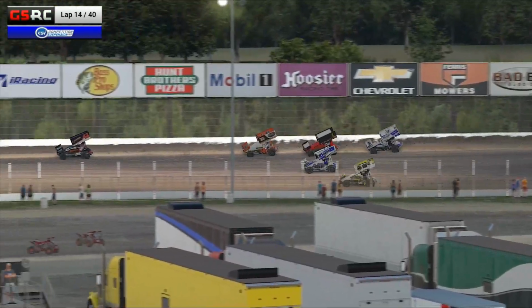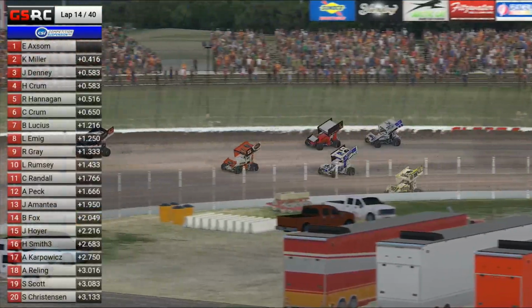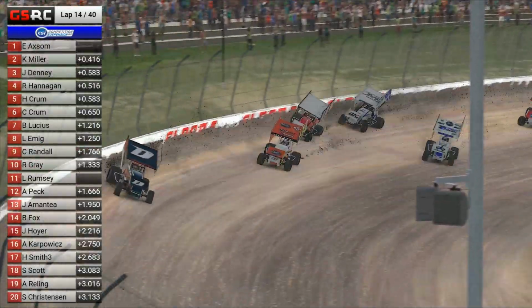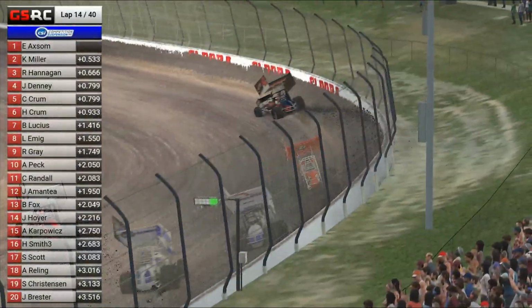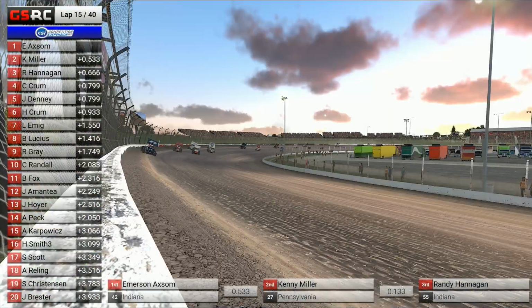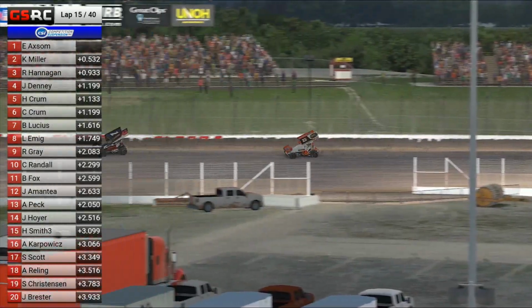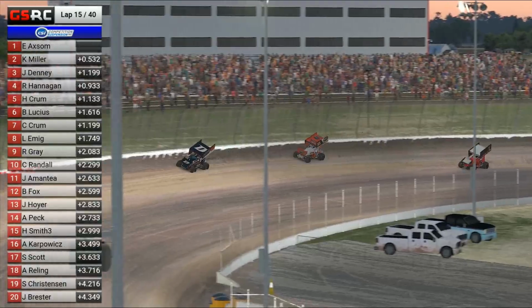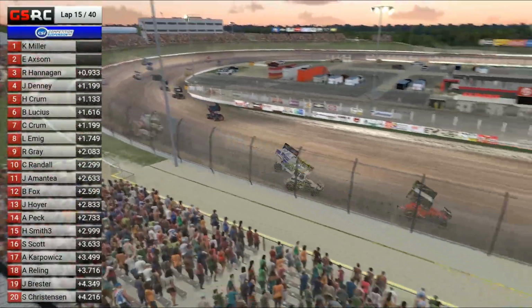High side going to work though up top for the number 23, 3 wide behind now for 3rd place, trying to shoot through the middle. Not going to work for him as they check up on the top. No room, it's a log jam down there to the bottom of the racetrack. Trying to pull the slider is the number 1, but not going to work out that time. It'll be Axum that leads them from Kenny Miller 2nd. The battle behind